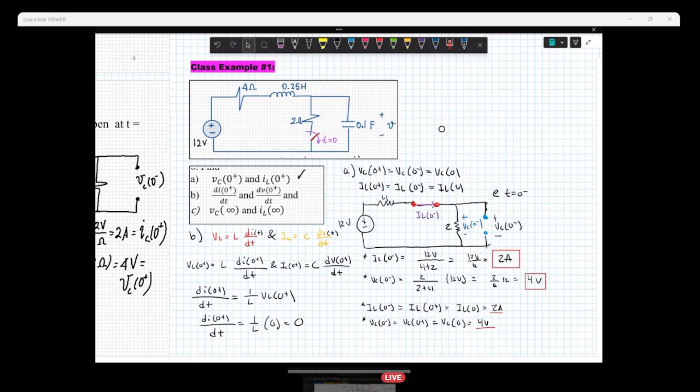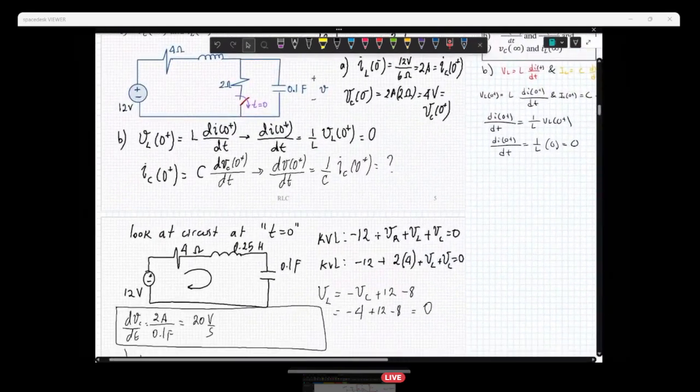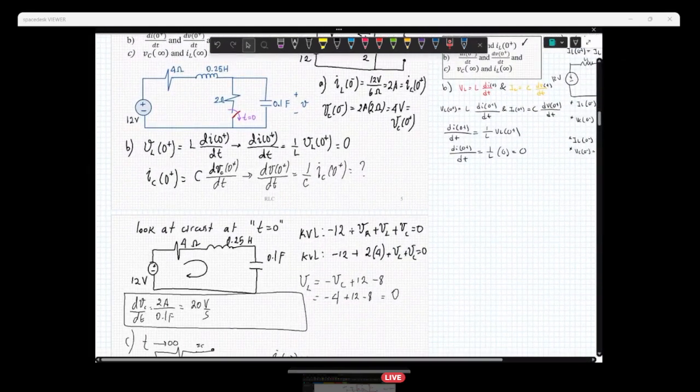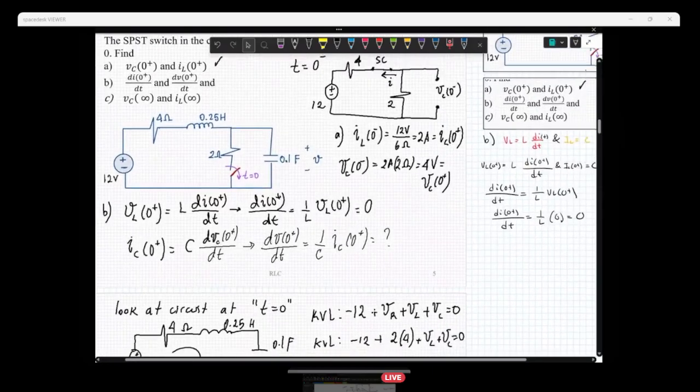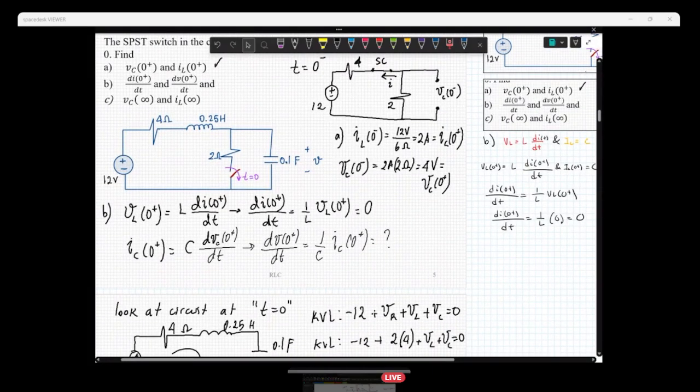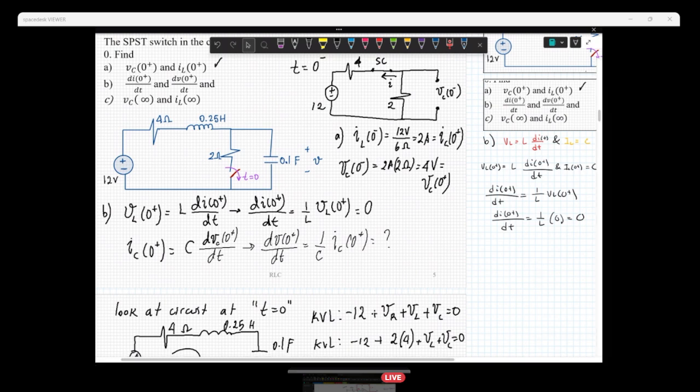It's 2. Where's the confusion? 2A plus... I mean, the derivative of that is 0. Wait. What did you do for dVC? Okay. Fair enough. So where did she get the 0 from? The switch is flipped, and then you have